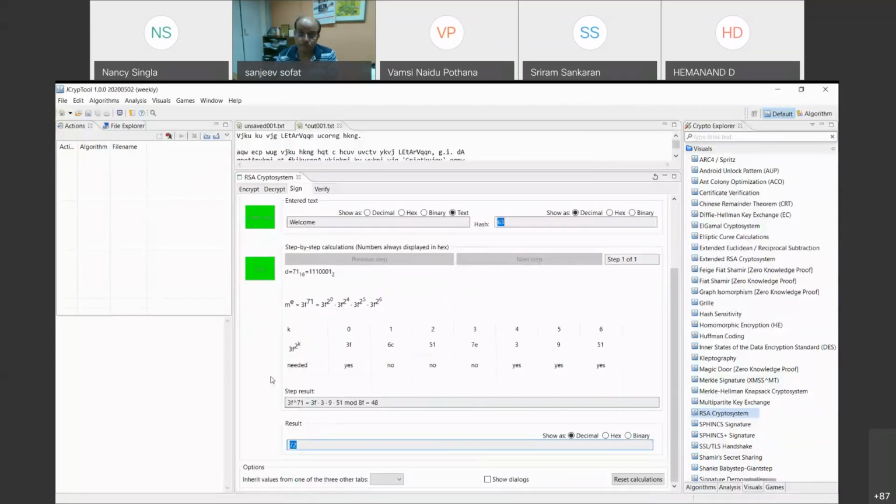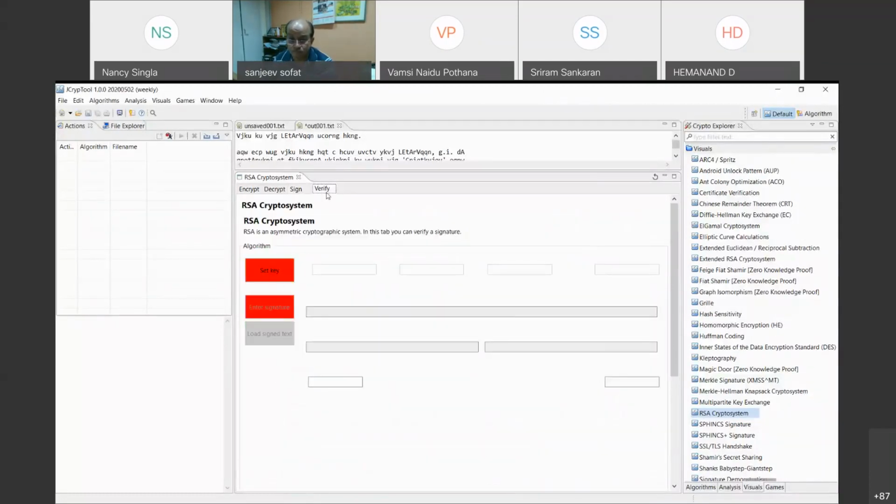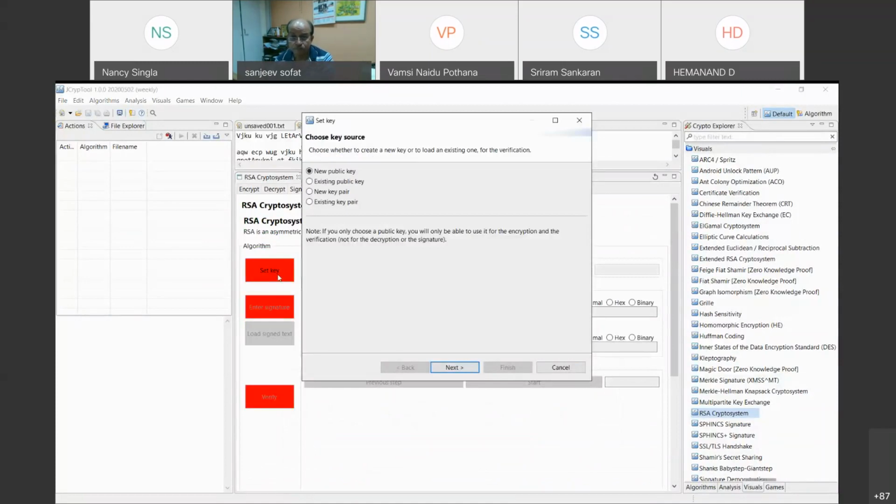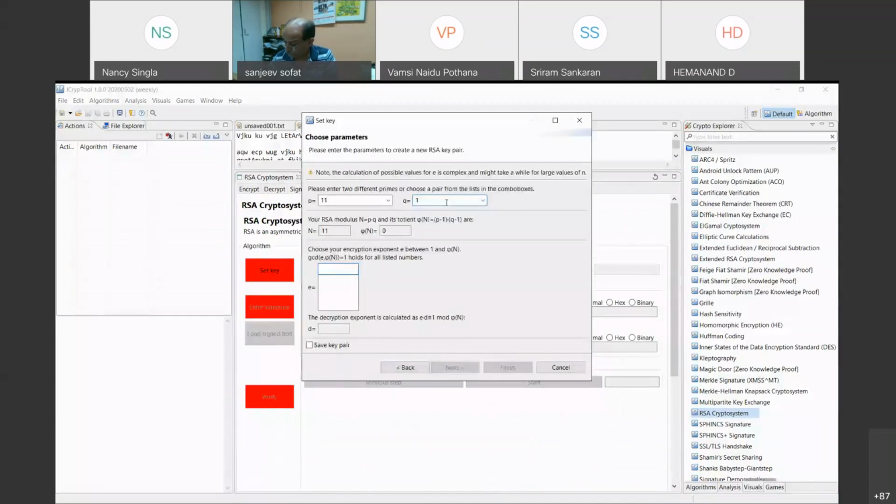Now it's 72. Now at the verify step, again we'll generate a key here.